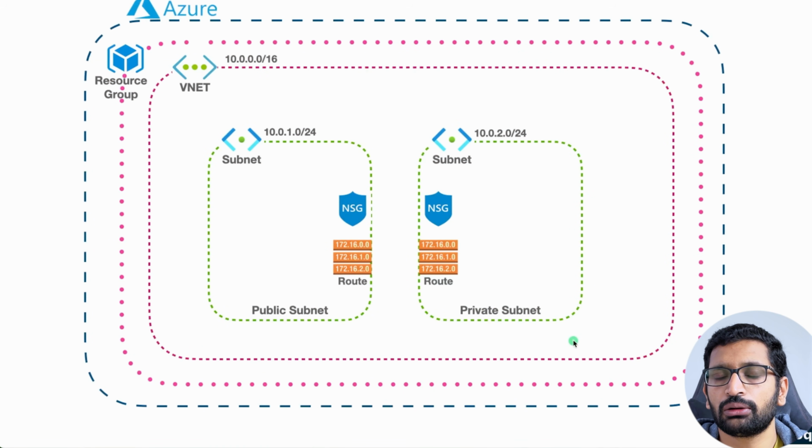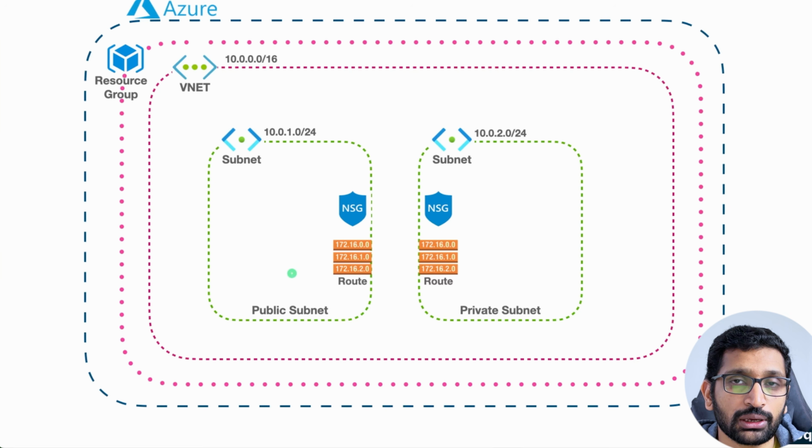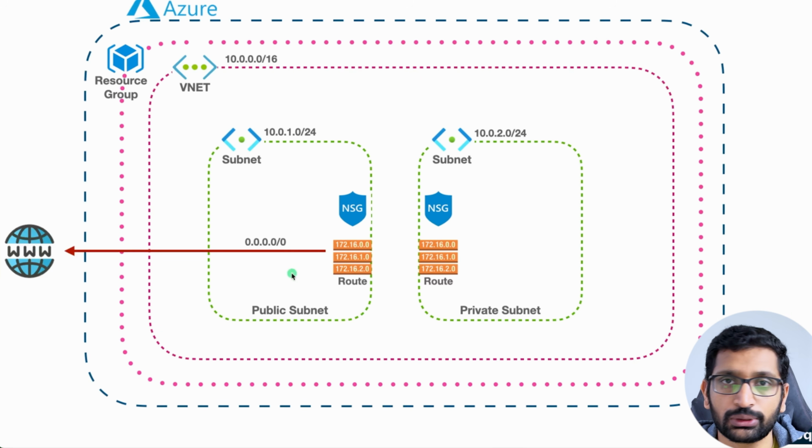Now after associating our public route table with the public subnet and the private route table with the private subnet, we need to fix the internet access in our public subnet, which is associated with our public route table. Here you can see the resources which we have implemented so far in our VNet, subnet and route table setup. So let's take a look at how we can associate internet with our public route table so that our public subnet can have access to the internet. This is our public subnet and this is our public route table. In that public route table, we need to create a route which will have access to the internet. And to create a route, we need to assign a target destination IP address, and that IP address is going to be